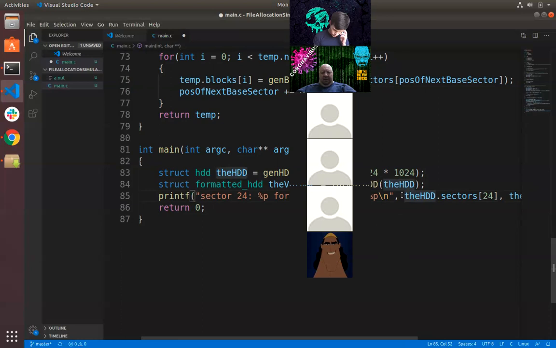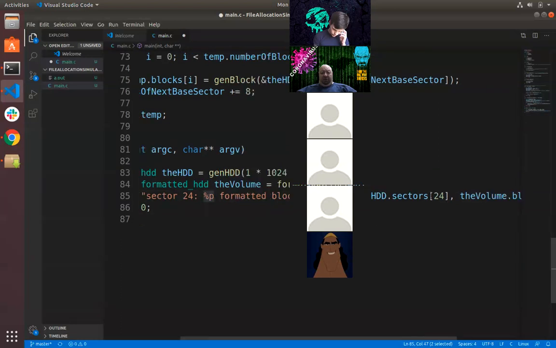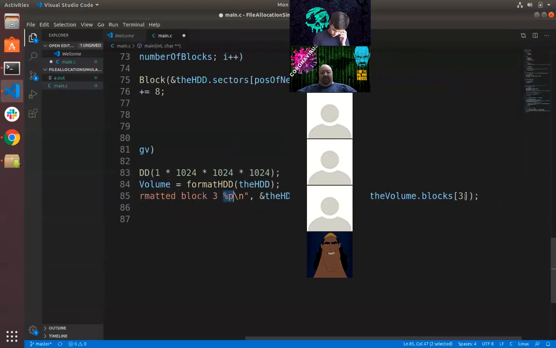So this is the address of that sector. That's correct for this pointer. And then our formatted block 3 is this pointer, which should just be the value that lives at bucket 3